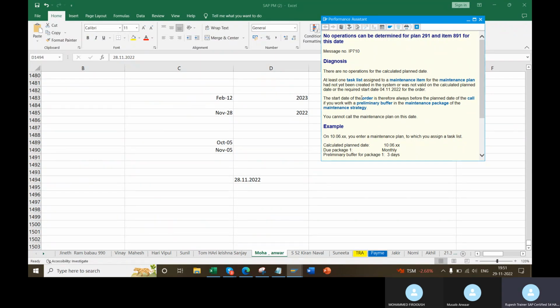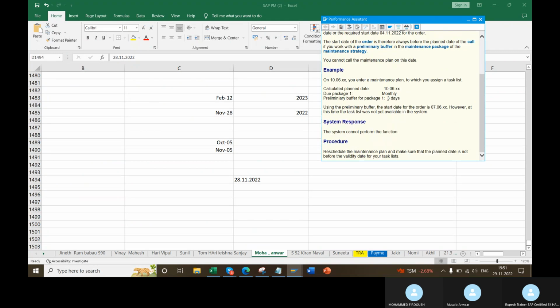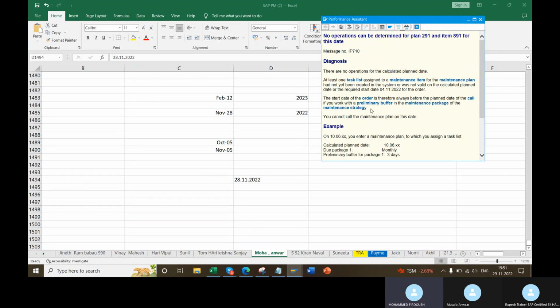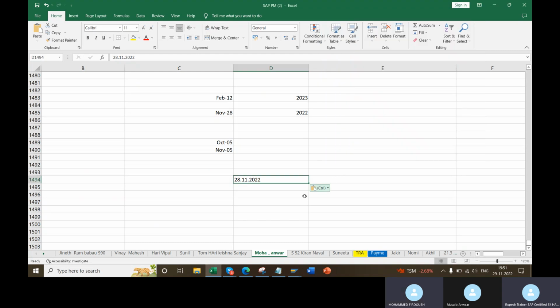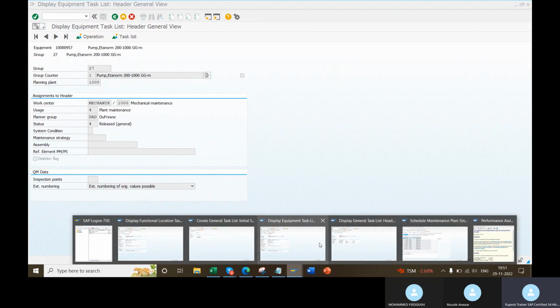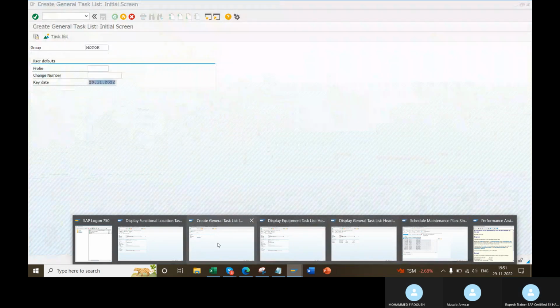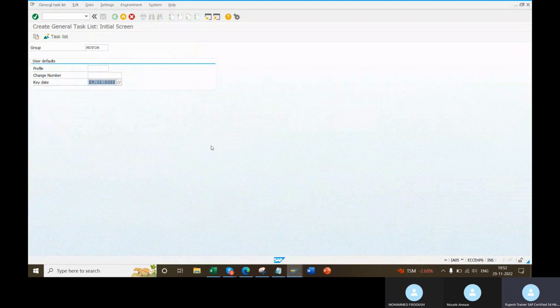Yes, no, yes, something. Both of you. No, sir. Sir, this task list is created on 28th November. Wait, hold on. Don't speak on creation date. Speak on key date. Key date means this date. Creation date and this date may vary. That's what I told. Preventive should be very cautious. Key date is the date from which your task list is active. On 28th, your task list is there, also it is dummy. Henceforth, you will get this error.